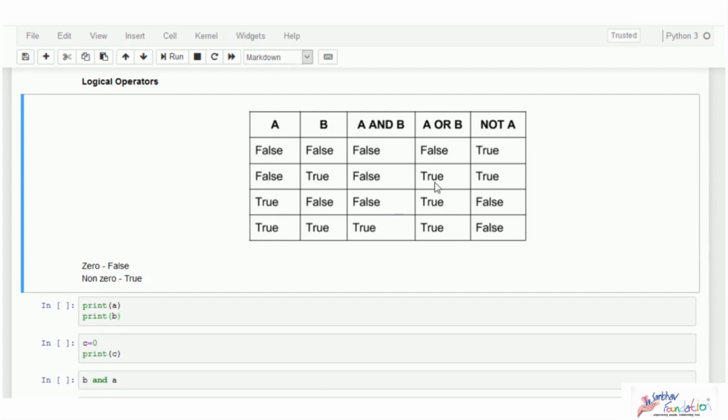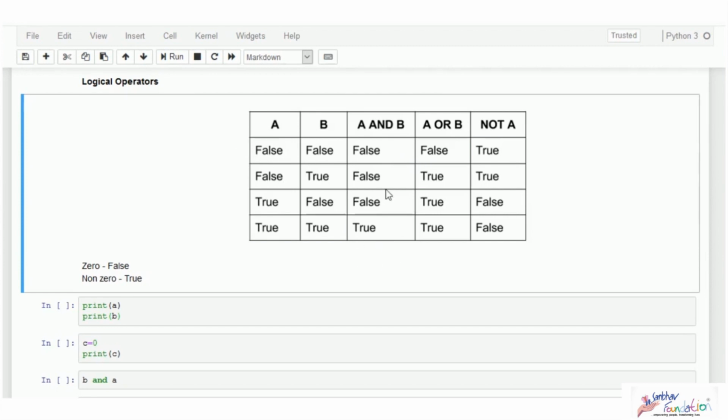The OR operator does the opposite of AND. It gives true as the output if any one of the inputs is true. Again, for A and B, we have different possible scenarios, and this is the result of A or B. False or false is false. Anywhere you see a true, the result is always true. This is exactly opposite of AND, where if any one occurrence of false happens, the output is always false, and only when both are true is your output true. But in OR, if any one occurrence of true is present in the input, your output is true. Only if both inputs are false is your output false.